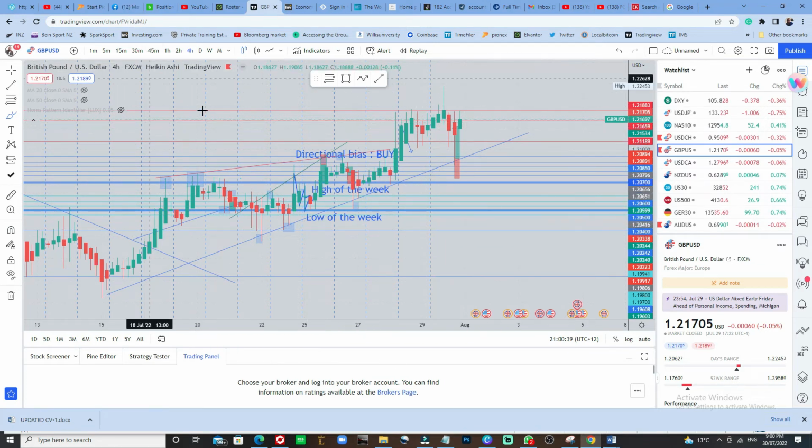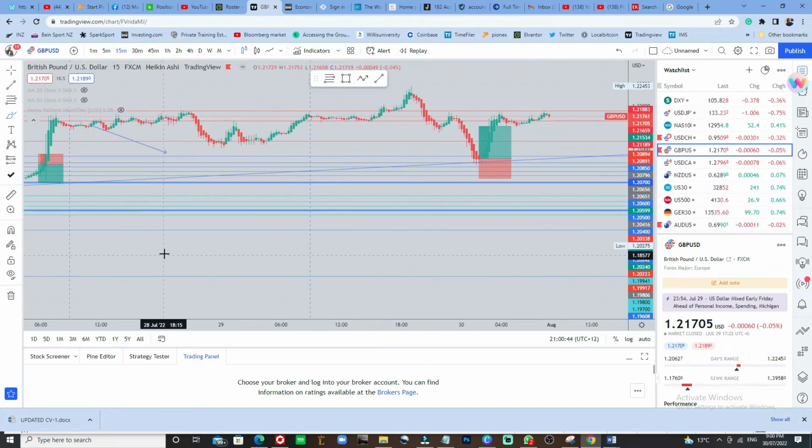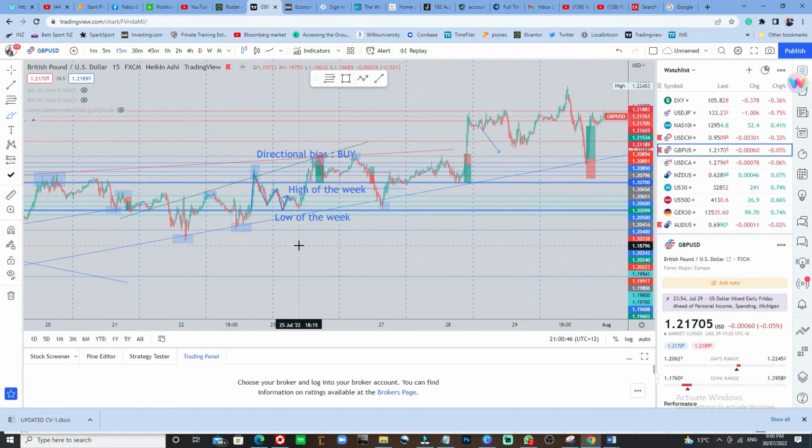Now I usually enter GBP on a 15 minutes time frame with multi-time frame analysis, and I will not be explaining it here, but I'll just say it in bullet points. Multi-time frame analysis is a strategy I use to enter GBP. GBP USD is my main pair, so I sometimes use multi-time frame analysis to enter GBP USD on a 15 minutes time frame. It means more than one time frame is involved in setting up this strategy.